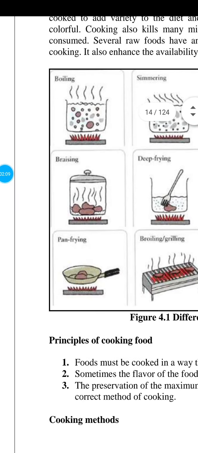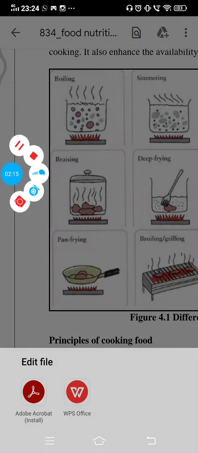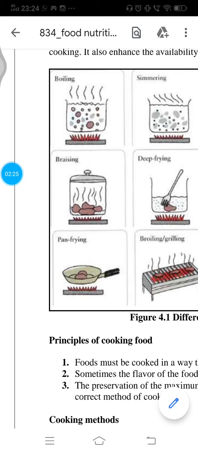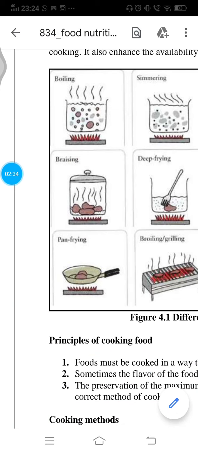Then the next method of cooking is braising. In braising, first of all, the foodstuff is fried over the heat.